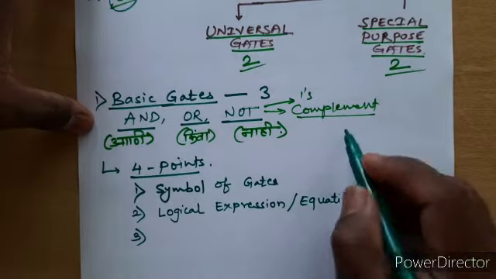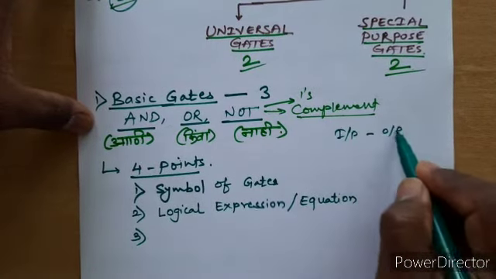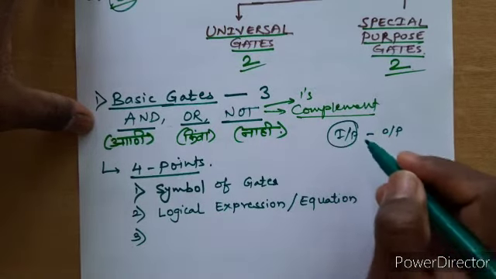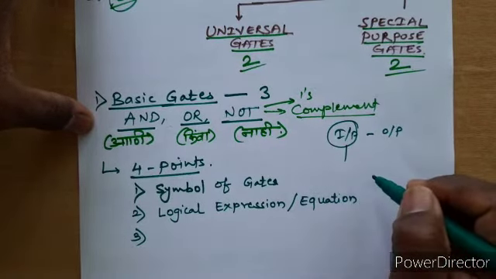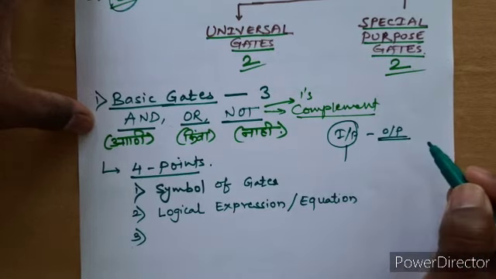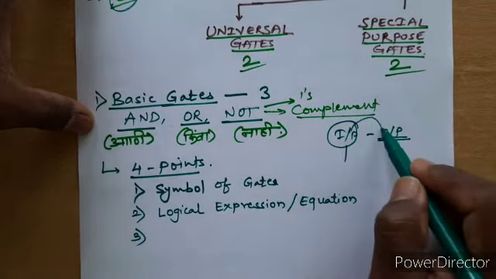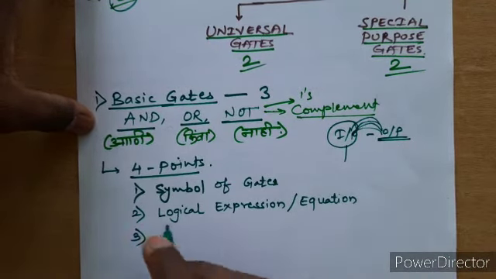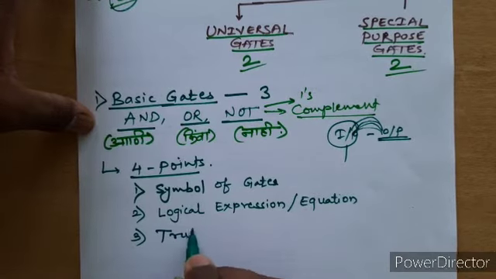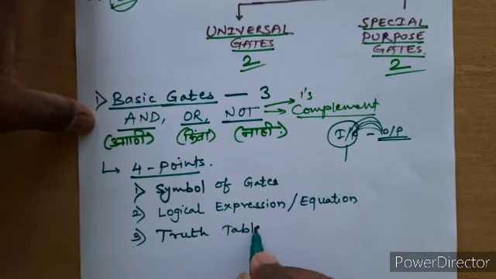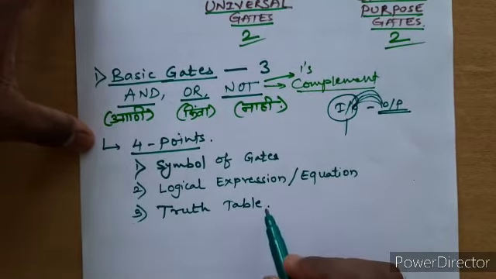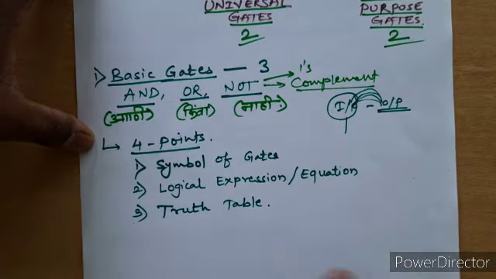Just now we have discussed inputs and outputs. We may have a certain number of inputs, certain combinations of inputs, and we have only one output. So there should be some relation between the input and output, and that relation is given by something called a truth table. In the exam, you may be given a question to write the truth table of some of the gates for 2 marks or 4 marks.